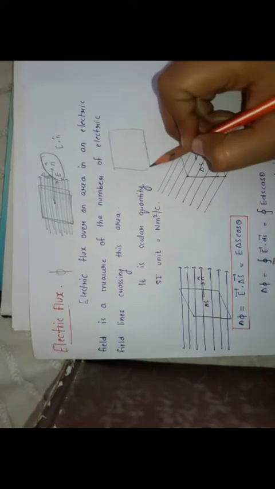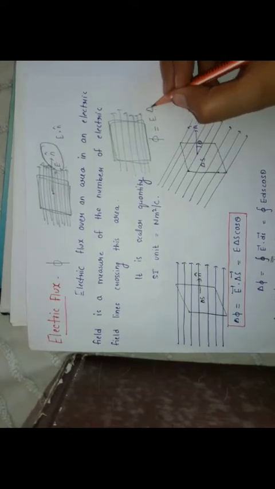Okay. Topic is electric flux. Electric flux means the number of field lines which can pass through any area. If we have a surface, the number of electric field lines which pass through the surface is known as electric flux, which is denoted by phi, which will be equal to the electric field multiplied by the area, E del S.